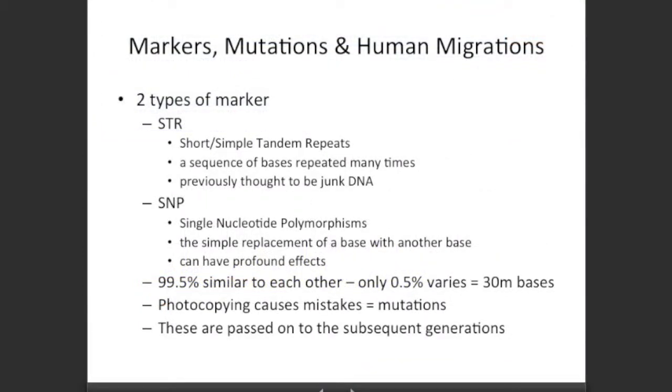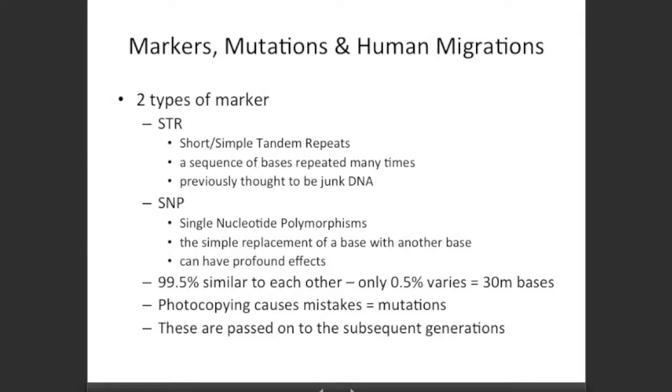We've mentioned markers. Let's talk about markers, mutations, and human migrations. Two types of marker. First one is STR, the second one is SNP, or SNiP. STR stands for short or simple tandem repeats. It's a sequence of bases repeated many times, and it was previously thought to be junk DNA, but people are revising that quite considerably now. SNPs are single nucleotide polymorphisms, a simple replacement of a base with another base, but it